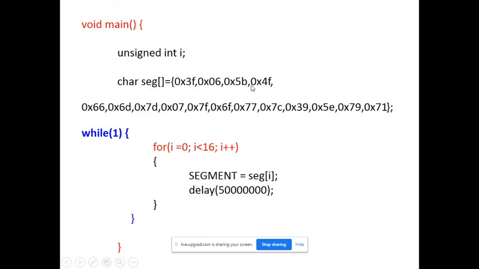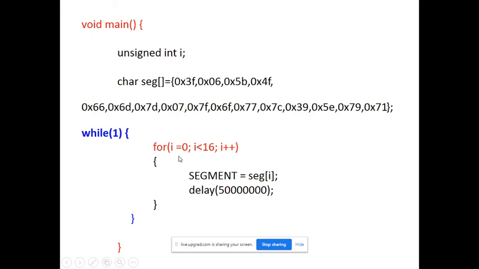Means one by one you are writing all numbers into the array whose name is segment, all numbers from 0 to F. Okay, now one by one you are taking the numbers from this array and passing them to the display to develop a hex counter or decimal counter. Now in this case we want to develop a hex counter, and that's why you are varying from 0 to 15. That's why I am writing a for loop here, and before that I am writing a while(1) loop, because we want this loop to run continuously. I don't want to display from 0 to F only, I want to remain in the loop continuously, and that's why I am writing the while(1) loop here.